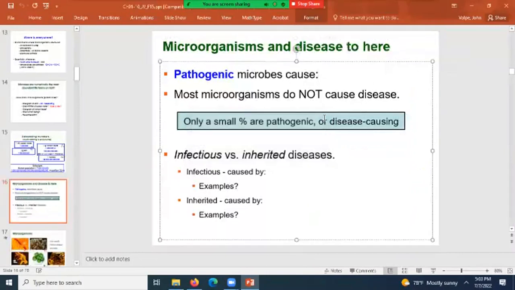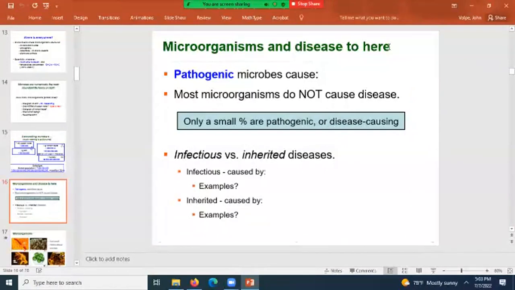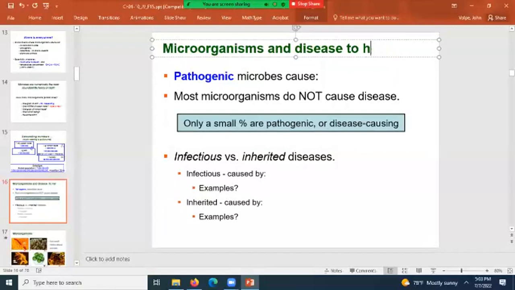All right, so we talked about this slide last time. Microorganisms and disease. As I stated, we're going to cover chapter 1 and chapter 10 today. Let me remind you that